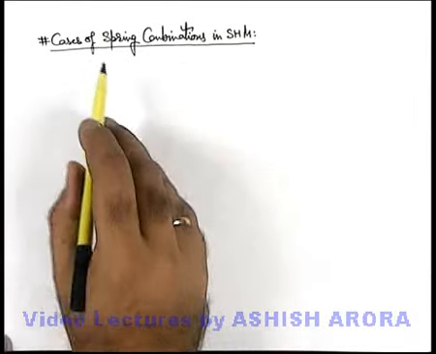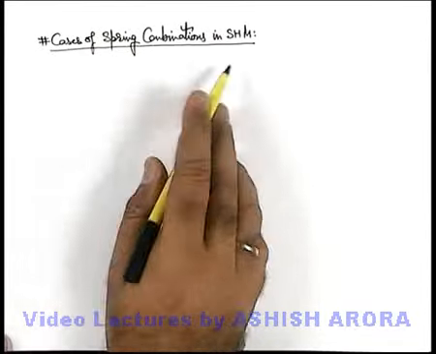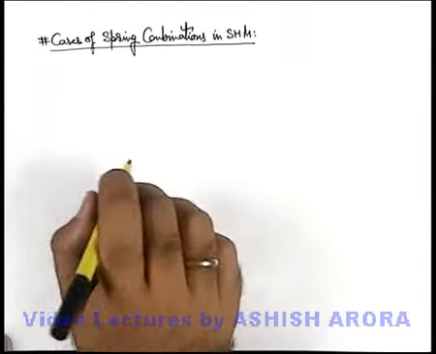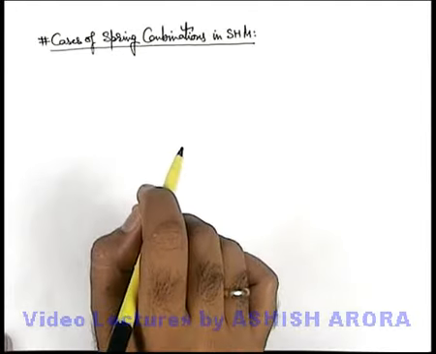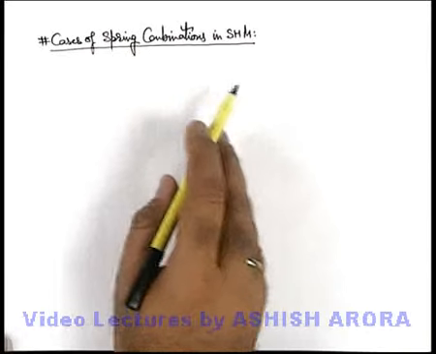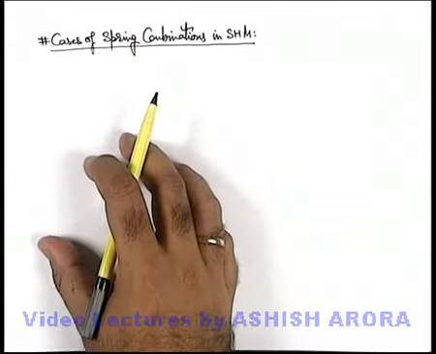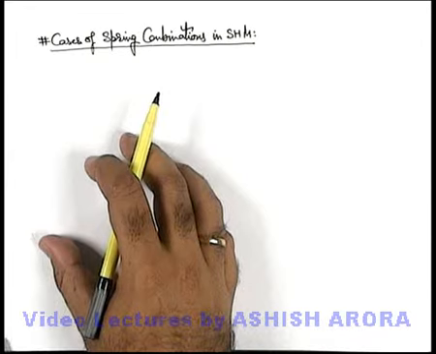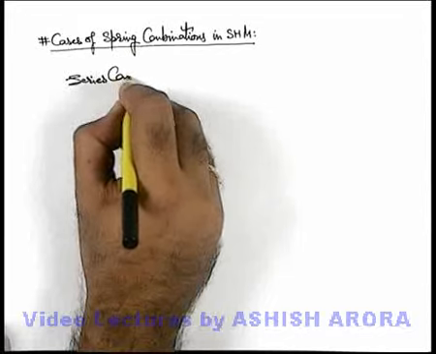Let's discuss the cases of spring combination in SHMs. Basically, spring combinations are used in SHM of spring block pendulums whenever more than one spring is used. I hope you have covered well the equivalent of two or more springs. Like if we talk about the series combination